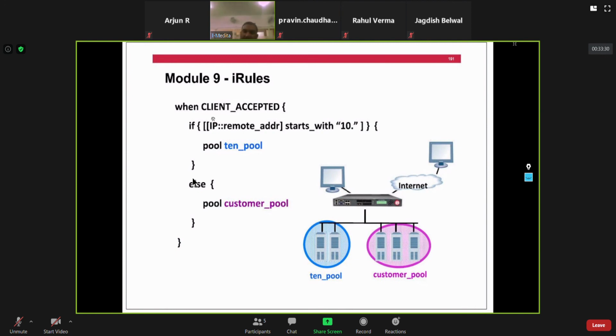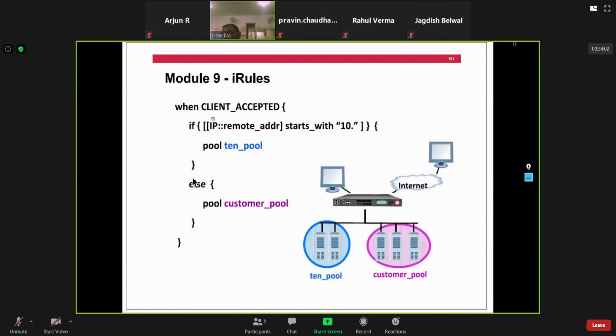You know very well that Big IP works as a full proxy when you have selected a standard type of virtual server, right? So it will work as a full proxy, creating a separate connection table for the clients and a separate connection table for the server. First the client is going to hit your virtual server, and the virtual server will respond back to the client. So once the three-way handshake is completed with the client, that event or condition is known as client accepted. The meaning of client accepted is that you have established the three-way handshake with the client.